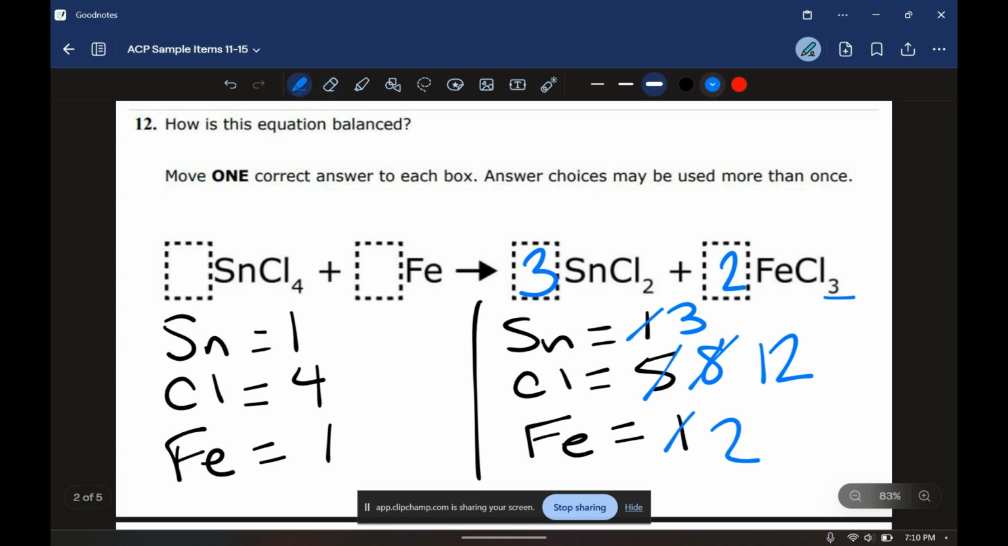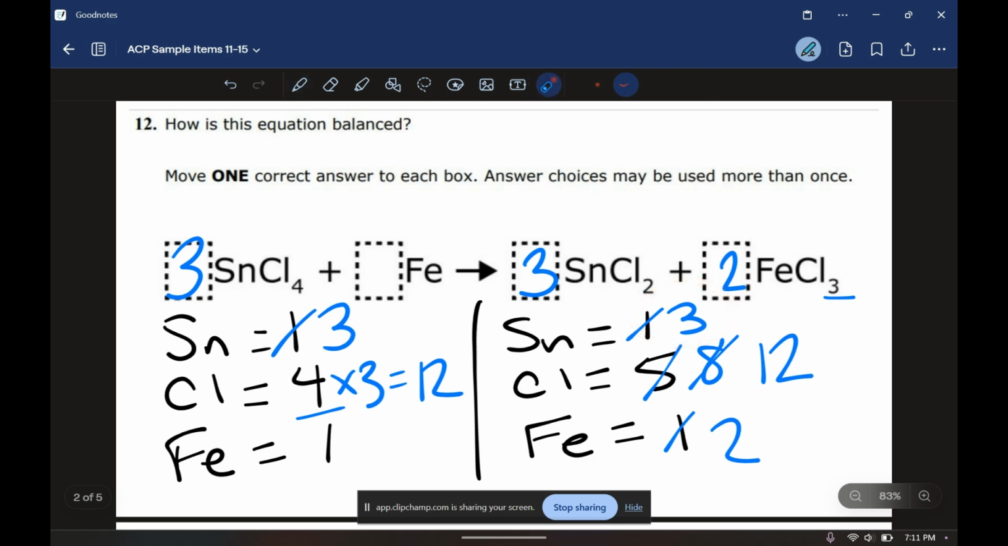So now when we go back over to the left, we have 4 atoms of chlorine. I know that if I multiply 4 by 3, that's going to give me 12, which is what I want. So I'm going to put a 3 right here. That's also going to give me 3 atoms of tin, which is good because I have 3 atoms of tin